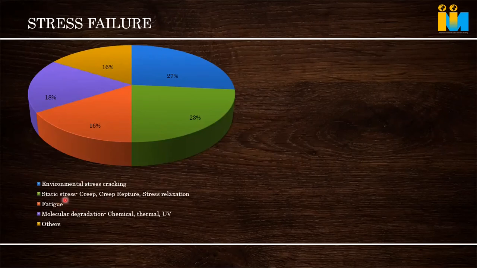Second is static, where the part is idle and we are not doing anything. As I told, it is in packed condition, or it is an independent part, no loading, nothing, still it cracks. You'll be surprised how it cracks automatically. We cannot see it, but suddenly, sometimes we can see small cracks come and it cracks. And third is fatigue.